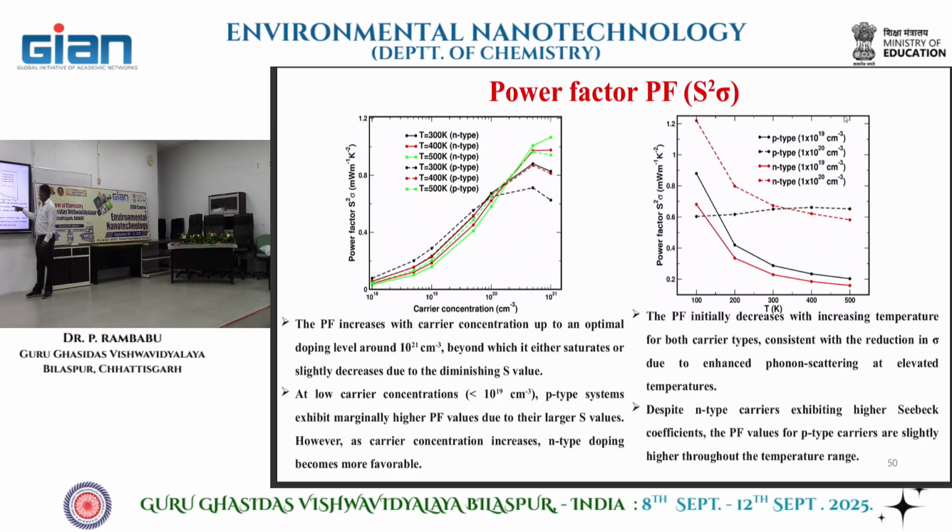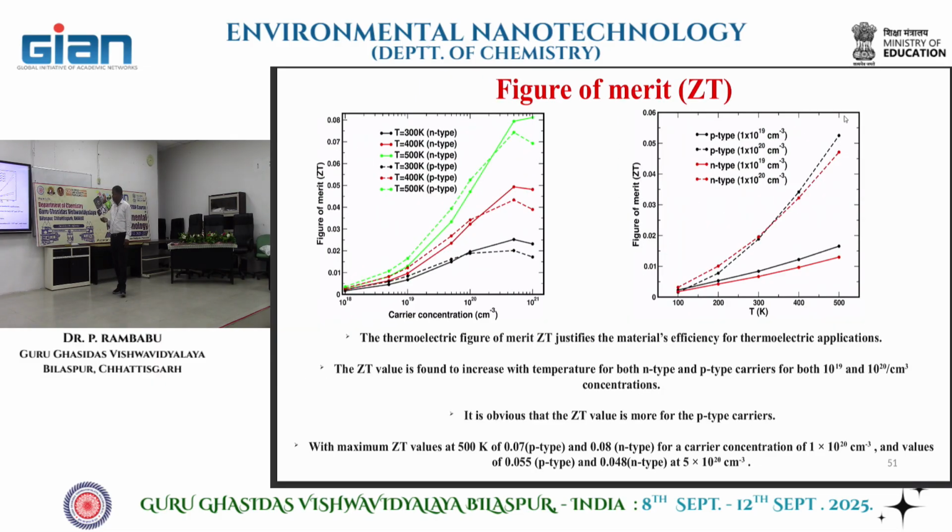And similarly, here also you can see that initially it is decreasing with increasing temperature, due to the phonon scattering at elevated temperatures. Though the n-type carriers are exhibiting a high Seebeck coefficient, the power factor is slightly higher for p-type carriers, as can be seen from the graph. So, once I know the power factor S square sigma, and Ke plus Kl, for different concentrations and different temperatures,